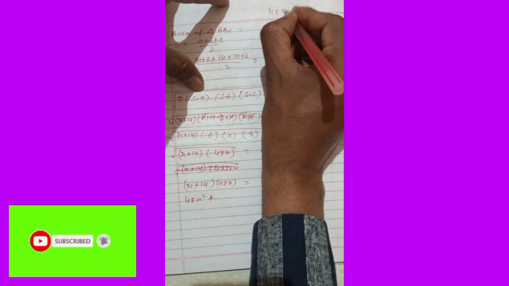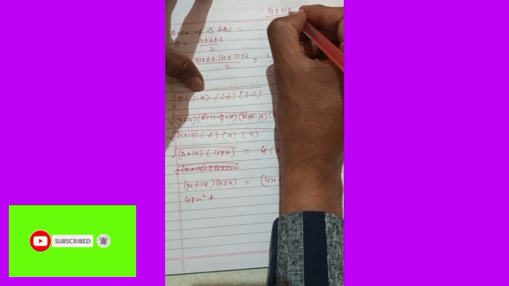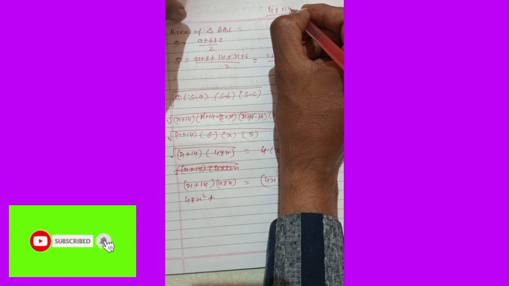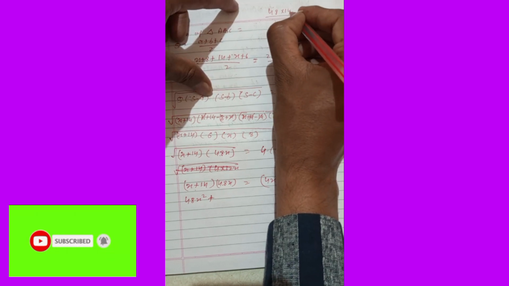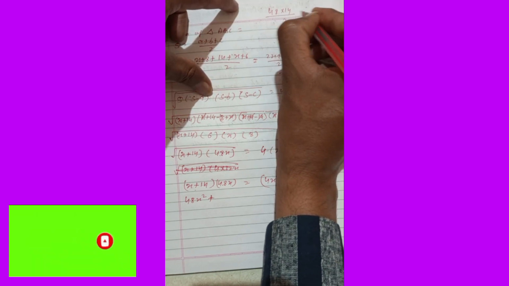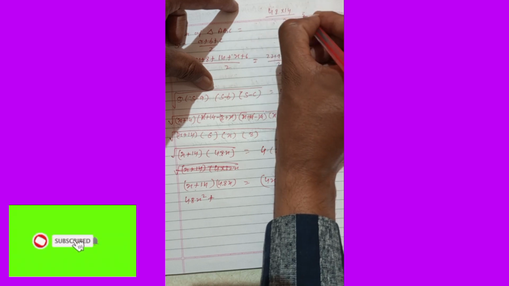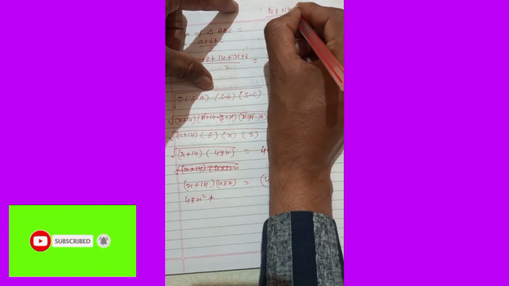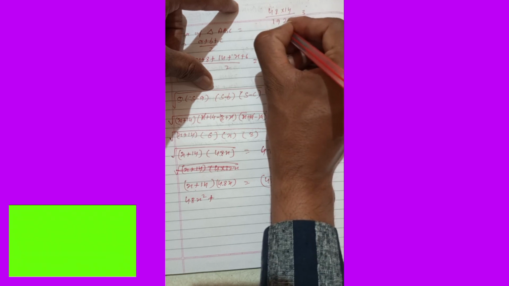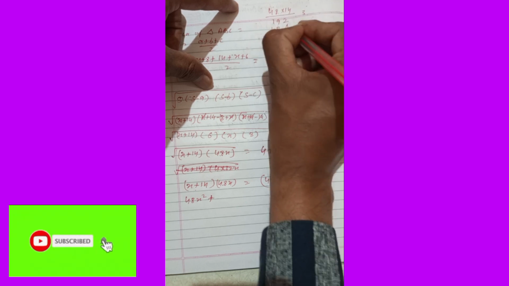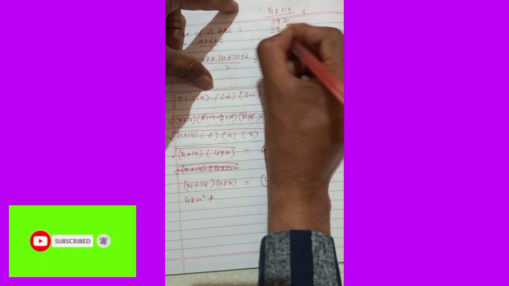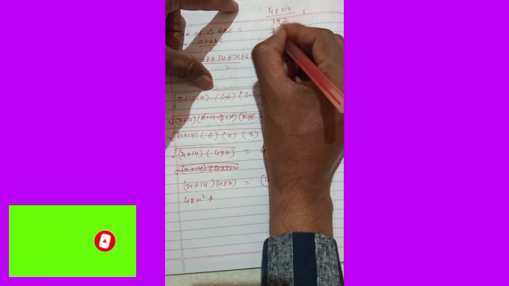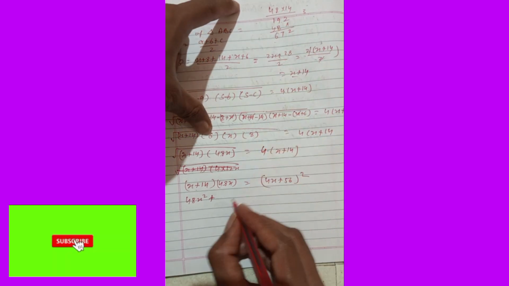See here, doing 48 into 14 multiplication, showing so it becomes easy. Otherwise, directly telling the table cannot be. 4 8s are 32, 3 carry. 4 4s are 16 plus 3, 19. 4 4s are 192 into 8 and 4 2s, 9 plus 8 is 17, 1 carry and 6. 672. So this becomes the